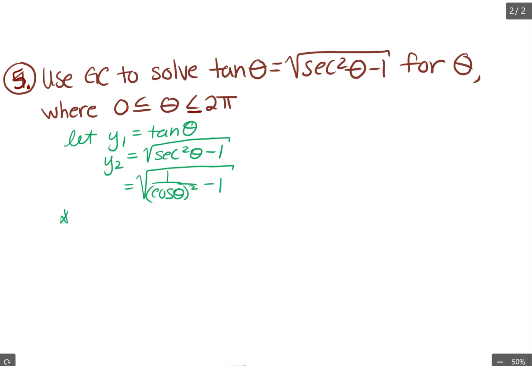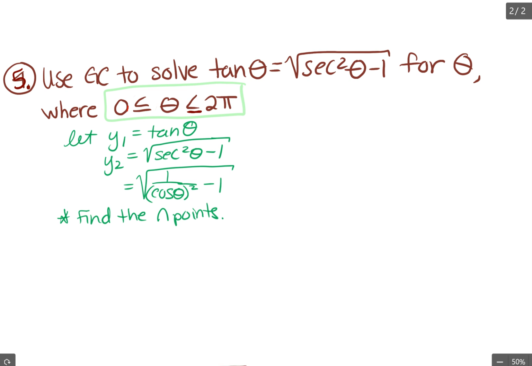And then what we're going to do is find the intersection points. And I'm saying points because it could be more than one. It could be a region. In this case, it is going to end up being a region. They gave us that the window you want to look in is from 0 to 2 pi inclusive on both of those. So before we even graph it,